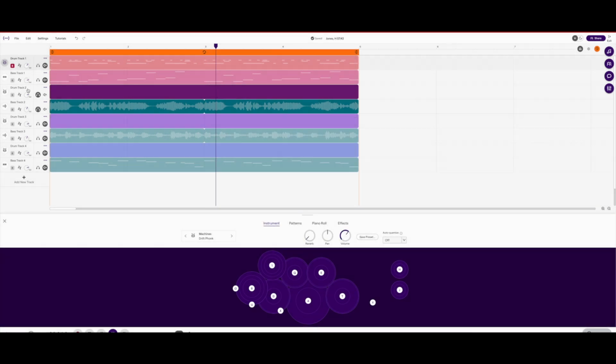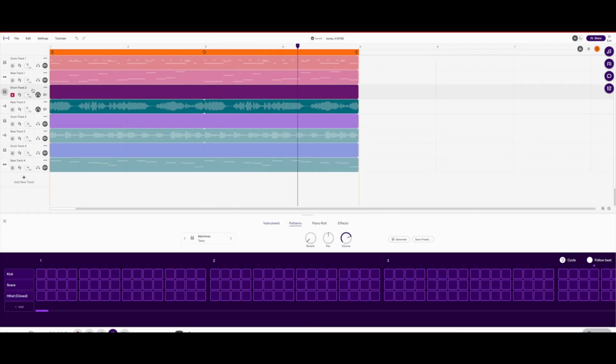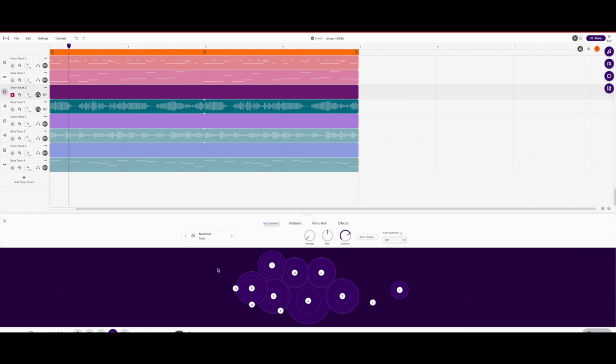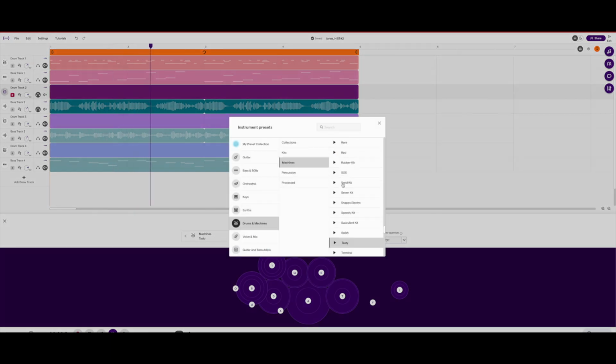I'll make sure that I have the track selected that I want to use. So, to get the sound that I want,